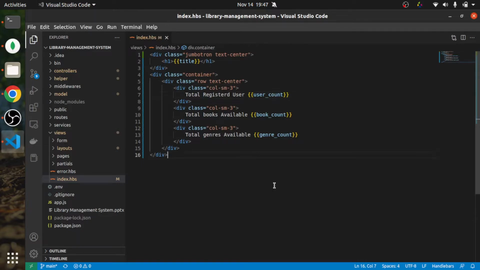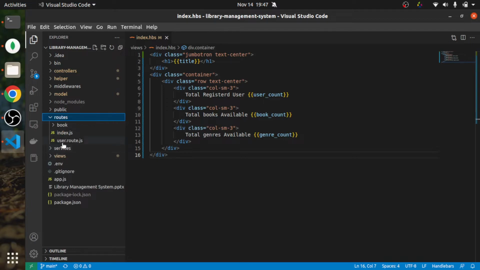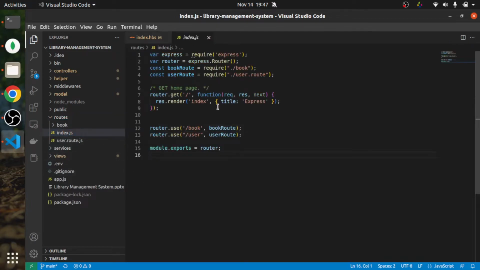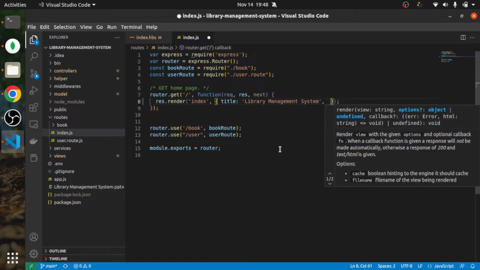So now let me just open the controller which is responsible for rendering this file. If you go to your route and open index.js, here you will see we are sending everything from here. So we are rendering index.hbs from here. So let me just modify this title to library management system, and here we will pass user